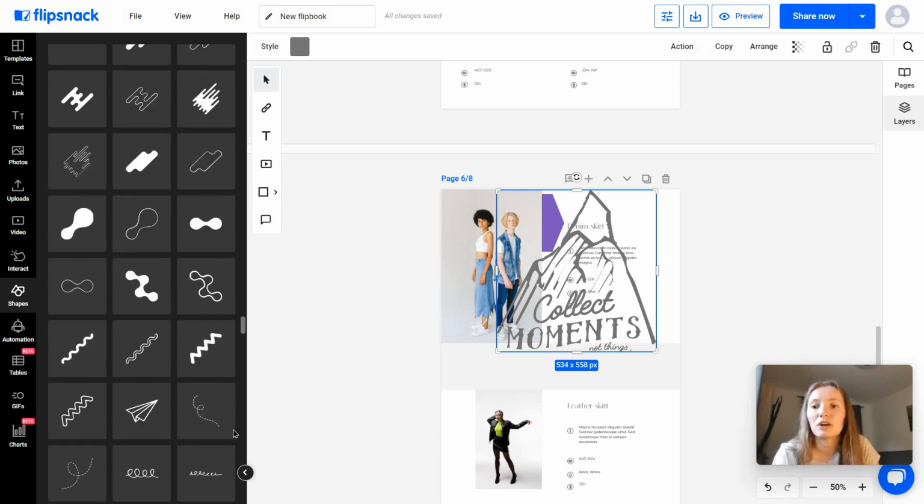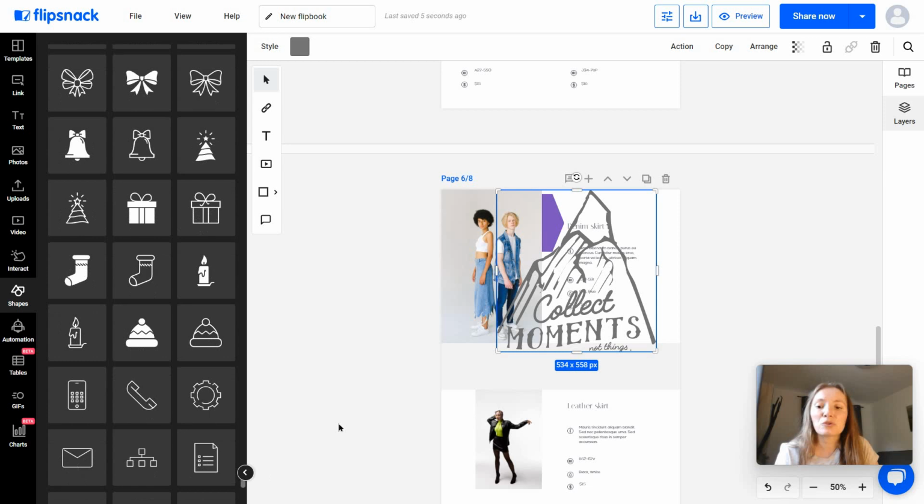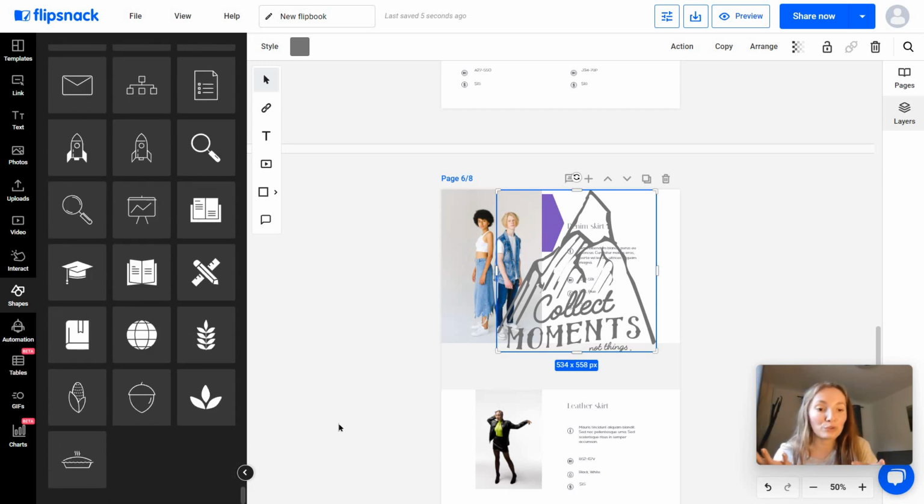And there's actually a lot of options in here. Remember, you can always bring in your own designs as well, so that you can customize Flipsnack as much as you want to. So you can even work with a designer to create the creative deliverables, so kind of icons, images, graphics, illustrations,